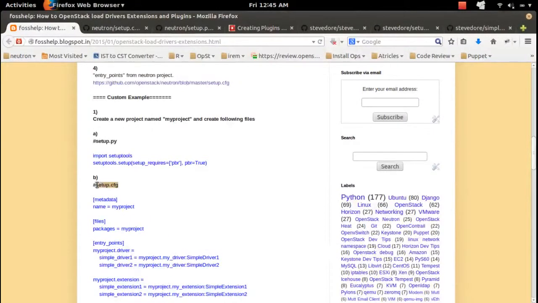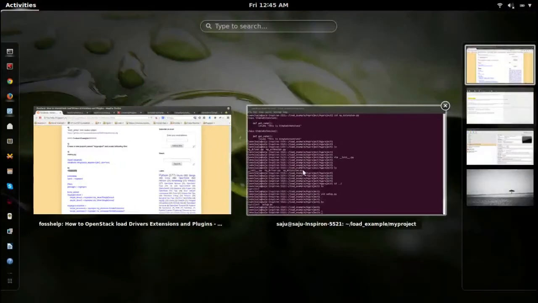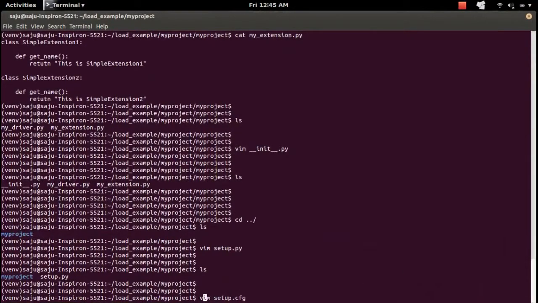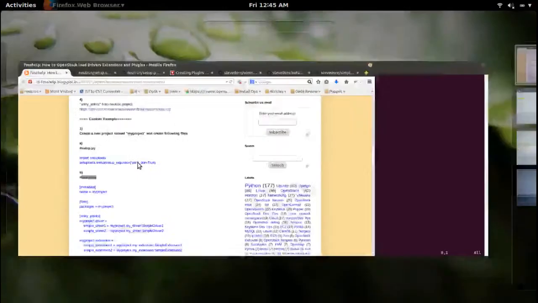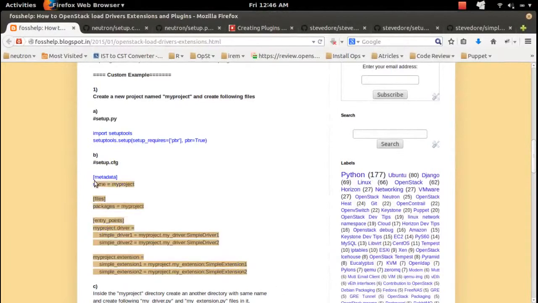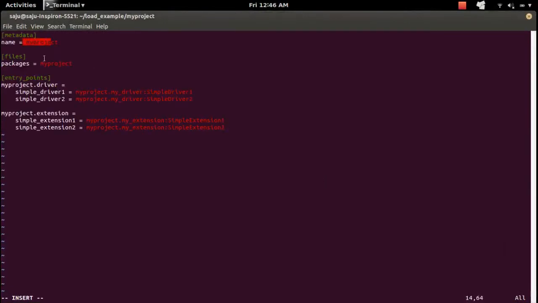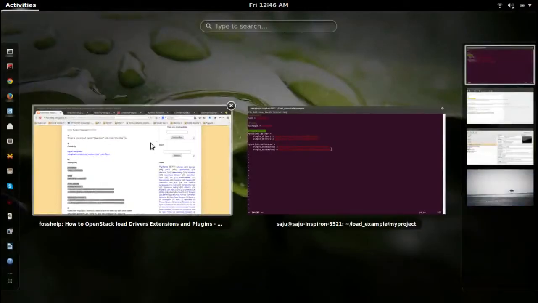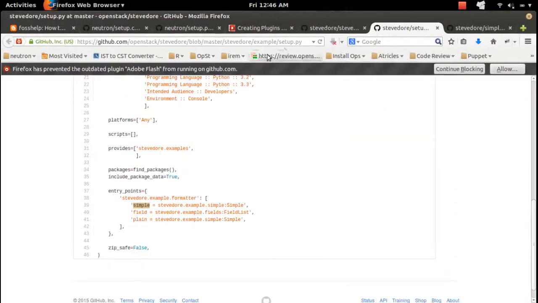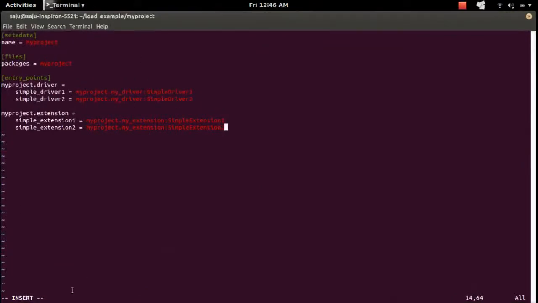Then I'm going to create this setup.cfg file. Inside that I'm going to put this. So this is the name of the project, name of the package, then the entry points. In the earlier example the entry points were defined in setup.py. See, it's in setup.py, so it's a dictionary. But in this example